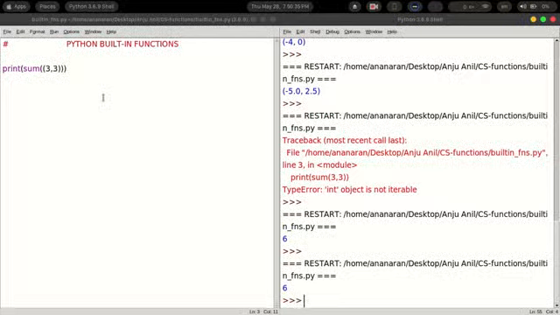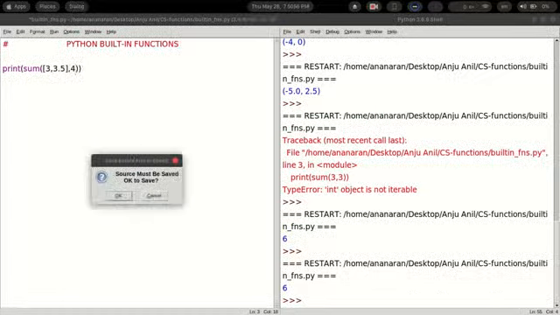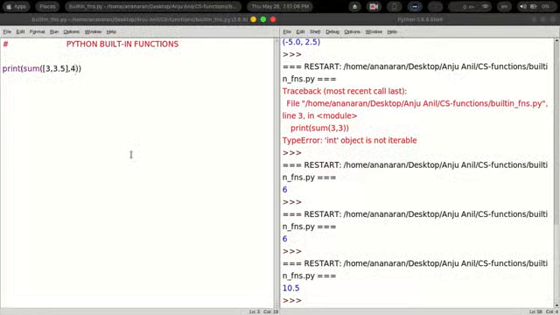Similarly, if suppose I am using it as a list 3, 3.5, 4, then what will you get as the output? You get the output as 10.5.